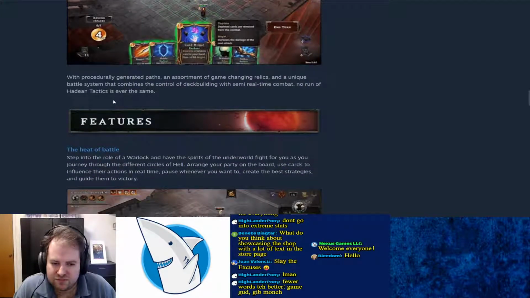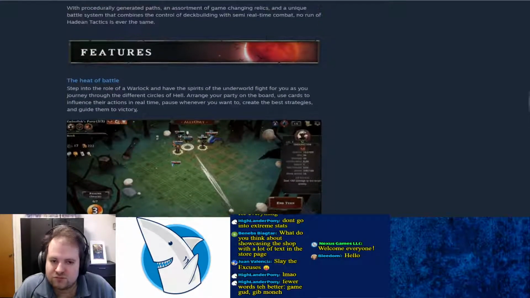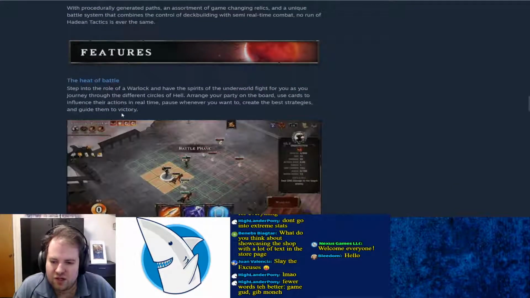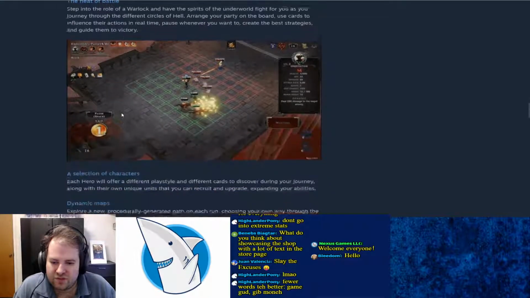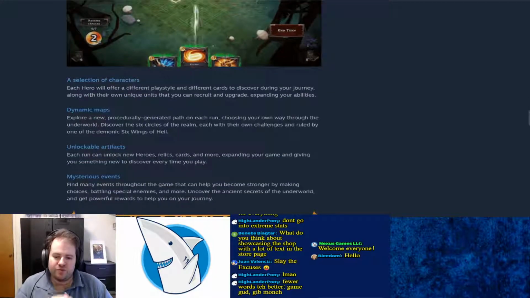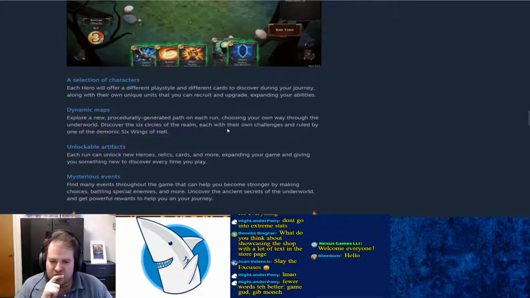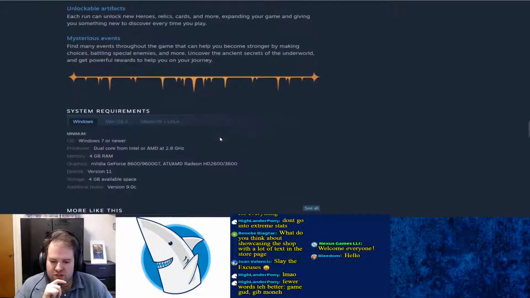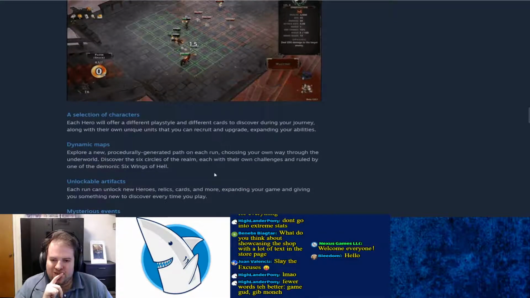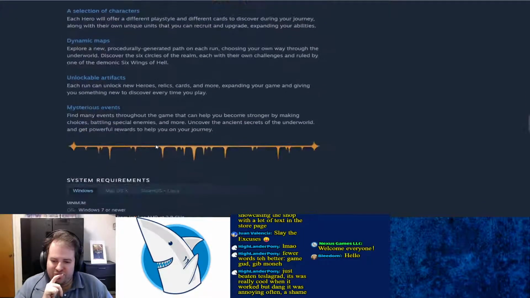We got a custom banner for features that is uniquely different from the game. Yep, and that's good. Step in the role of Warlock, create your best strategy, selection of characters. They're breaking up each section with blue text, which is nice. Selection of characters, each hero. I would probably put a GIF of selection of characters. Exactly. I think for this...